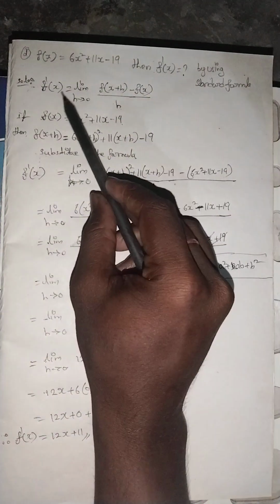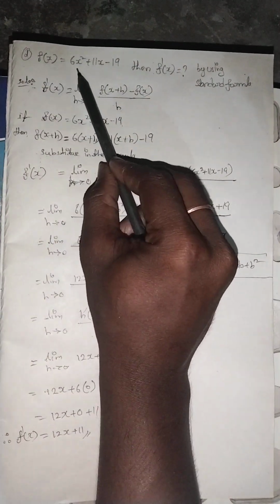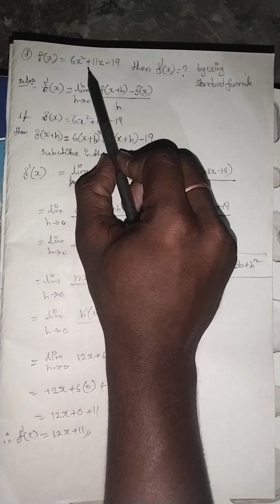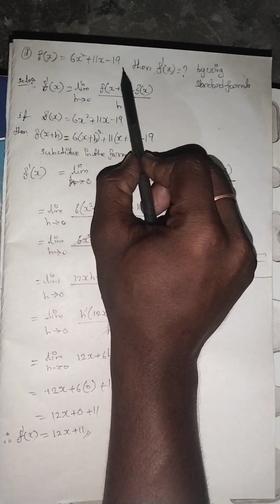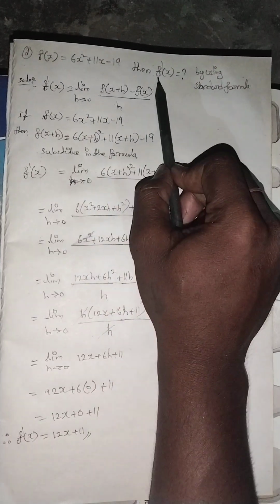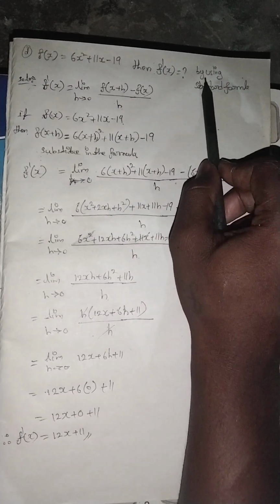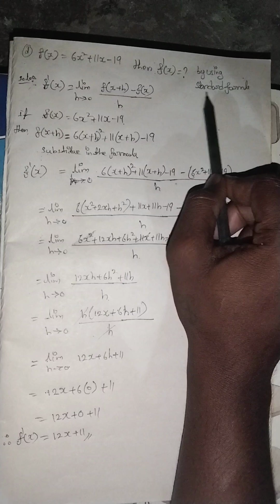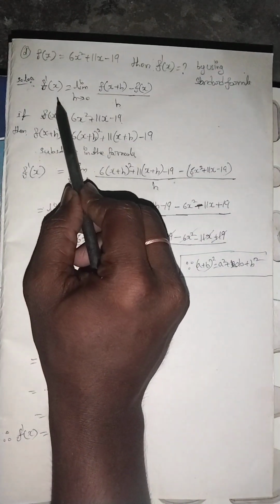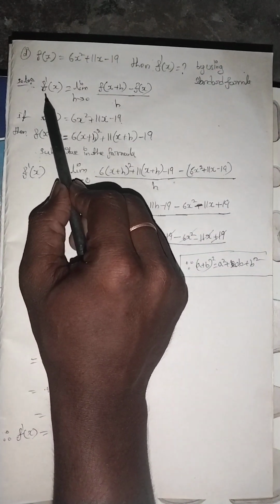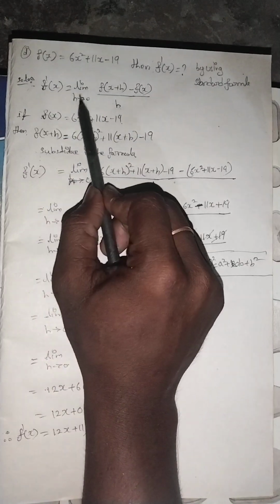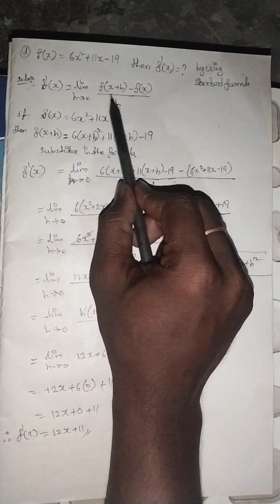The given question is f of x equal to 6x square plus 11x minus 19. Then f dash of x equal to how much? By using standard formula. Standard formula is f dash of x equal to limit h tends to 0 f of